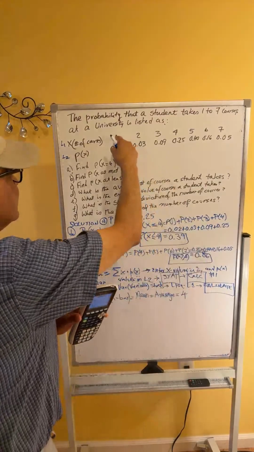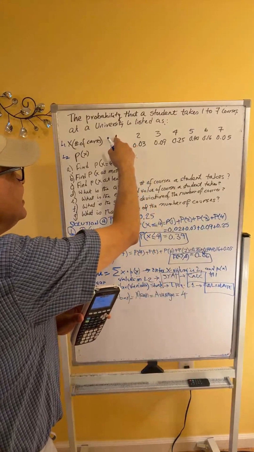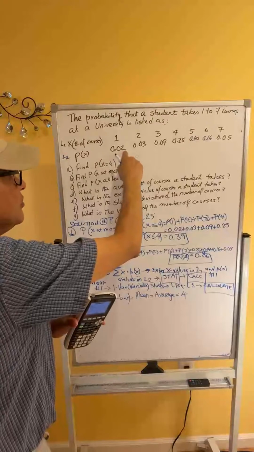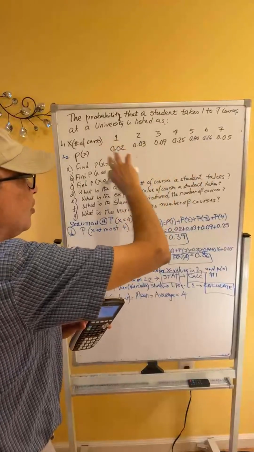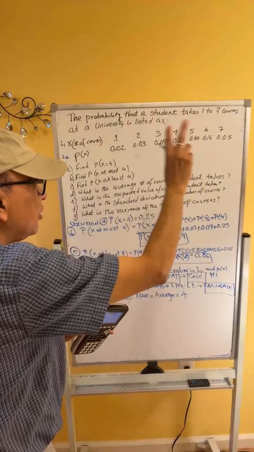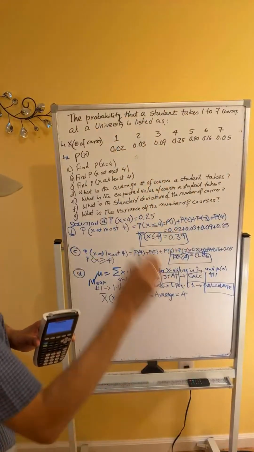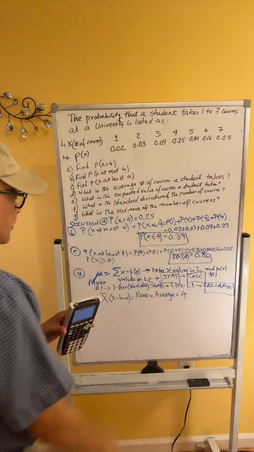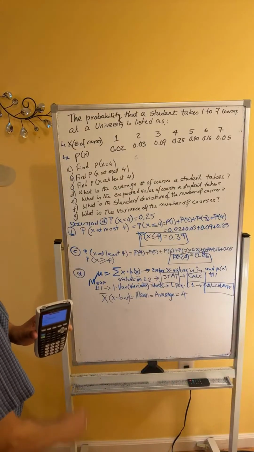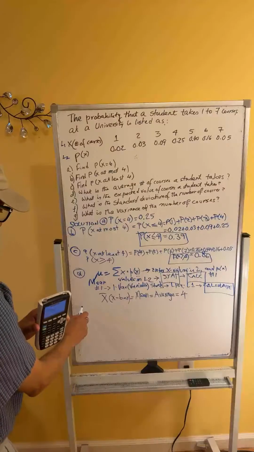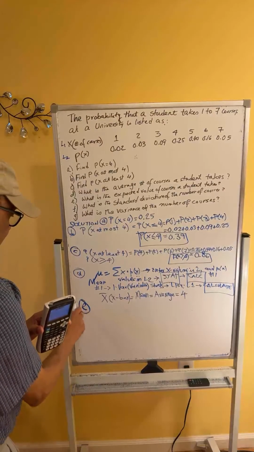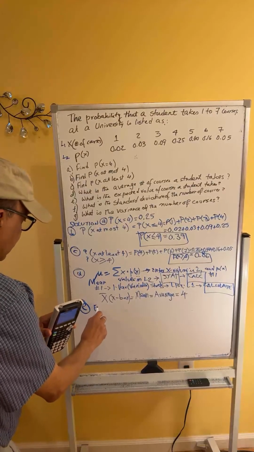Again, that is obtained by multiplying each value of x with the corresponding probability and adding all the products together. What is the product? Product of x multiplied by the corresponding probability. Add all those products up, gives you the mean. Part E says expected value. Expected value is given